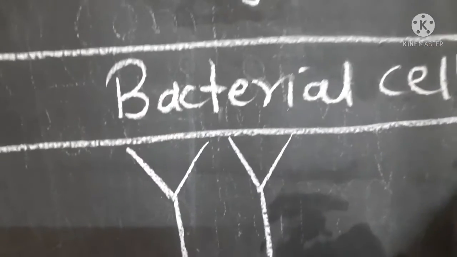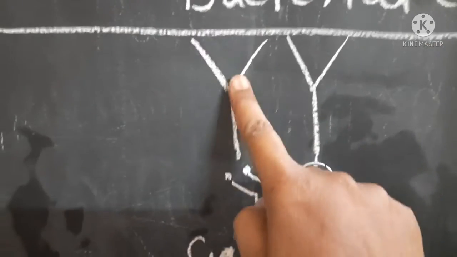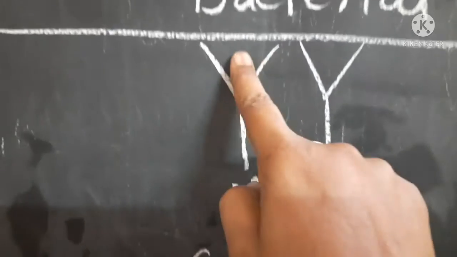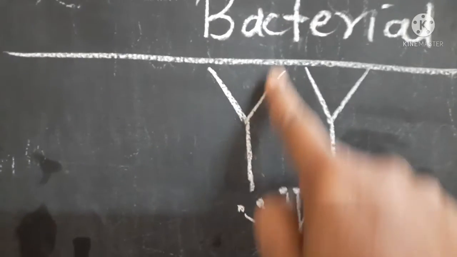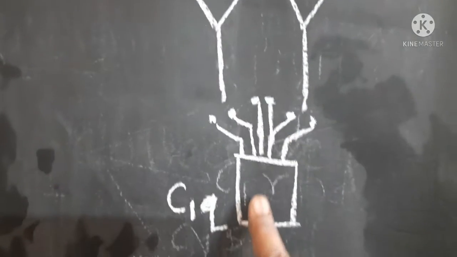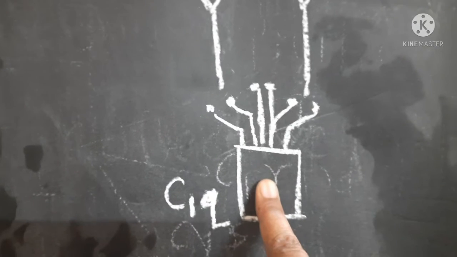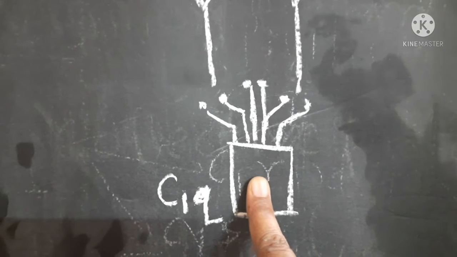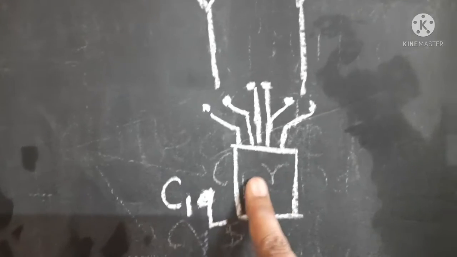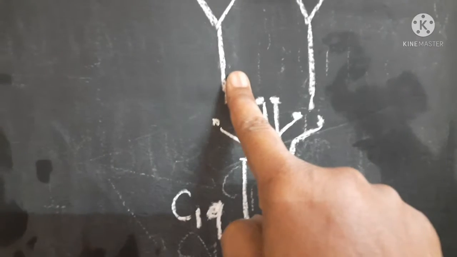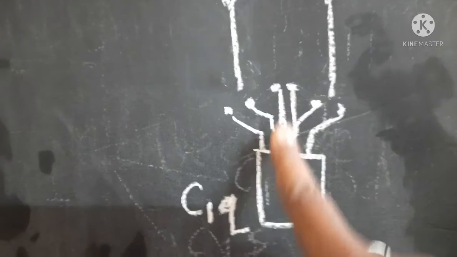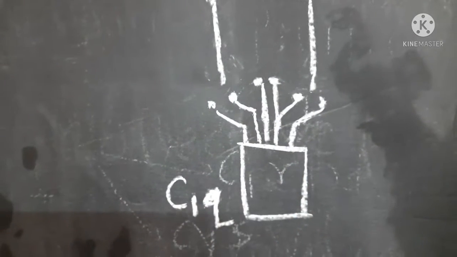Suppose this one is a bacterial cell wall, and to this bacterial cell wall, antibody IgG gets attached. When this antigen antibody complex is formed, the C1 component gets activated. But which part of the C1 component? C1q comes in contact with the antibody, it interacts with the Fc region of the antibody, and it gets activated.